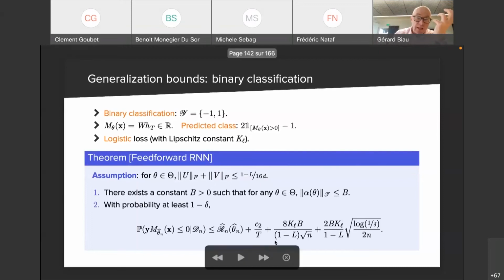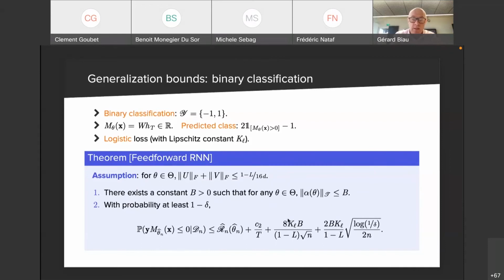So once we have this, then we can use the results which are already very well known in the machine learning community regarding kernel methods. And we have results like this, which are not very demanding in terms of math because they are already results for kernel methods. So this typically tells you that the generalization error, where XY is the distribution of my process and theta hat n is the parameter which is fitted by empirical risk minimization, the probability that we make a mistake, that we decide that it's a dog, and a mistake because it's Elon Musk, for example, is smaller than the empirical error, plus a term which is measuring